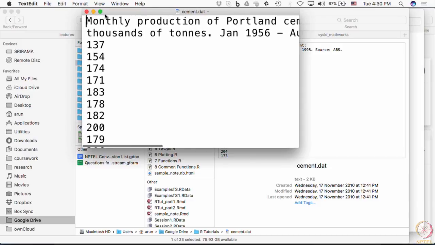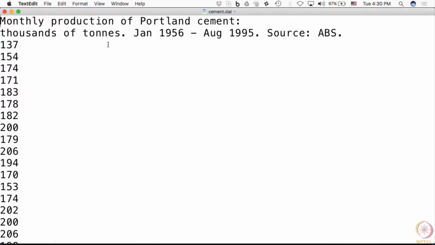So, if you see here, there are two lines at the top of this text file which describes what is contained in this file. So, you have monthly production of Portland cement, and then it says in thousands of tons from the Jan 1956 to August 1995, and mentions the source, and then comes your data. Now, you have to tell this to read.table to ignore these first two lines.